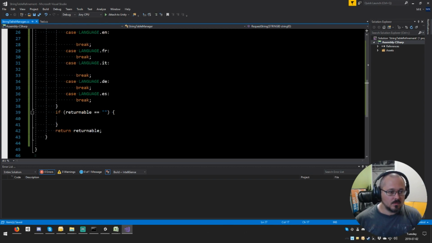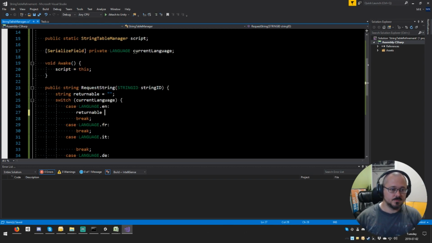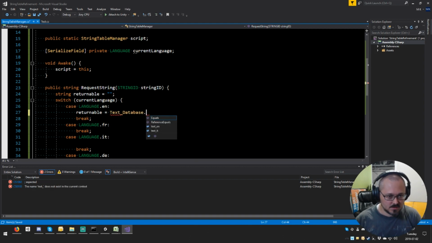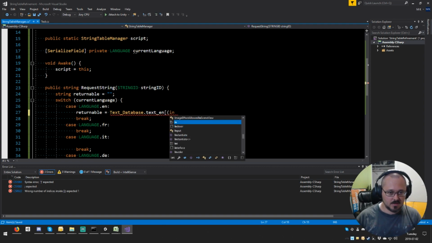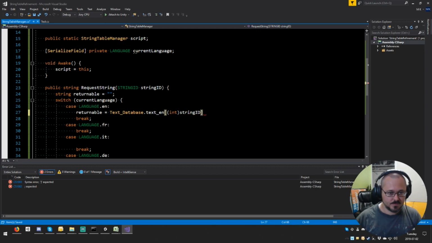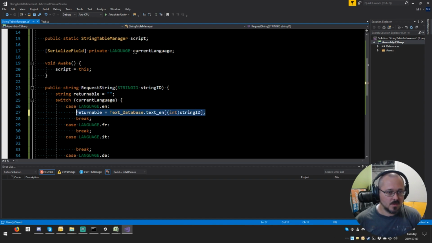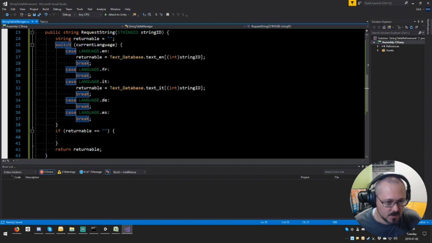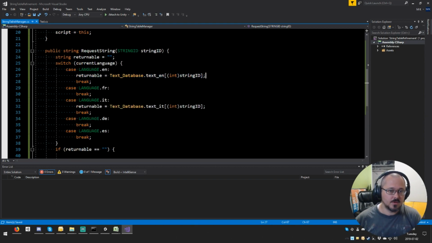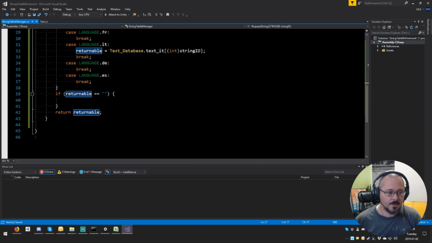Okay, so here we're going to say returnable equals text database text[int string ID], and return returnable. There you go. And if it's still empty, return English